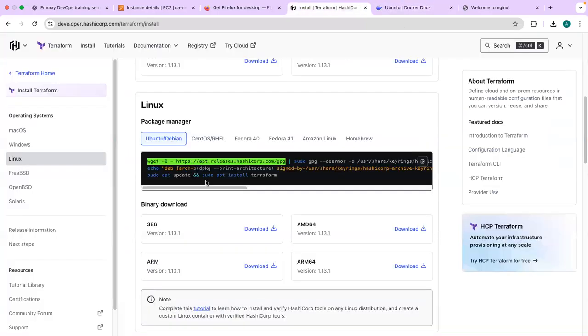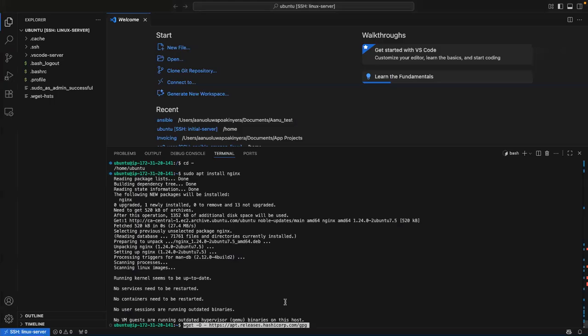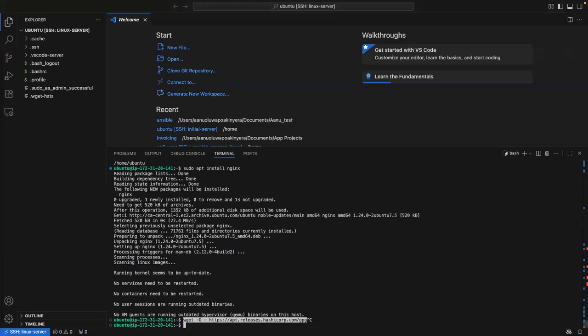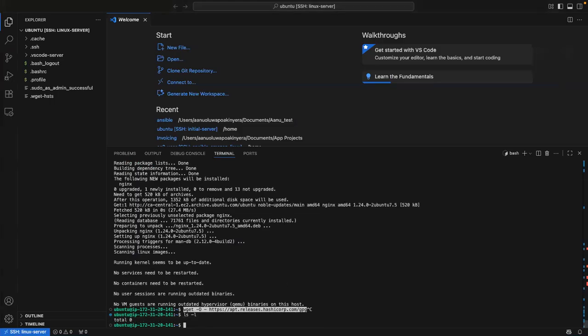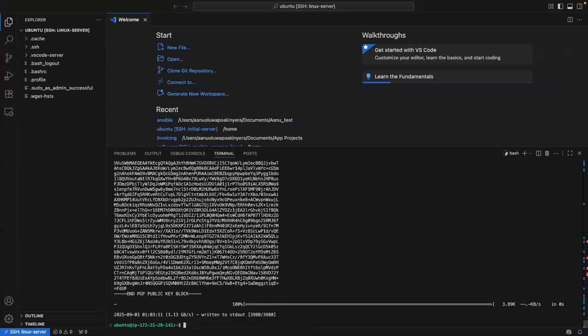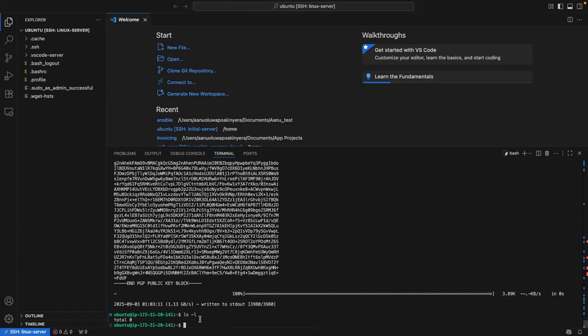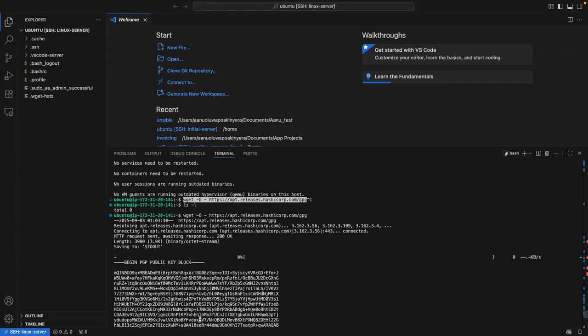So let's say I want to download this GPG. I don't know what is in there, but let me copy and see what will happen if I download it. I've not done it before, but let's see. ls -l, nothing is here. Let me download and ls -l. What happened now? Okay, it just downloaded it as text.